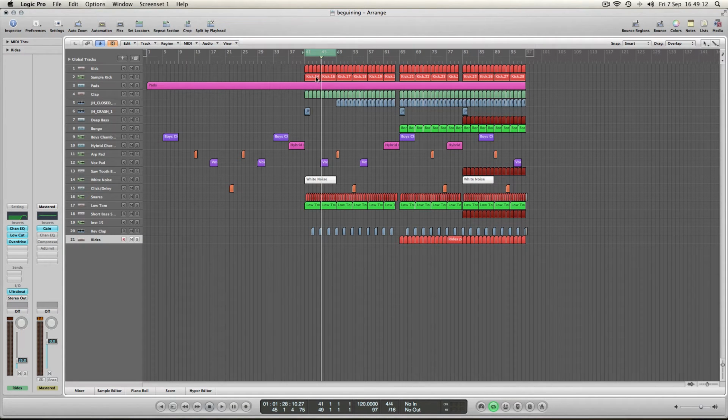There's also rides. Now rides you've all probably heard in a lot of deep house tracks, but not necessarily just deep house, other types of dance music as well. I'll play it on its own quickly, what it sounds like. That's it. It's not very exciting on its own, but if you had a kick drum, clap and a hi-hat,